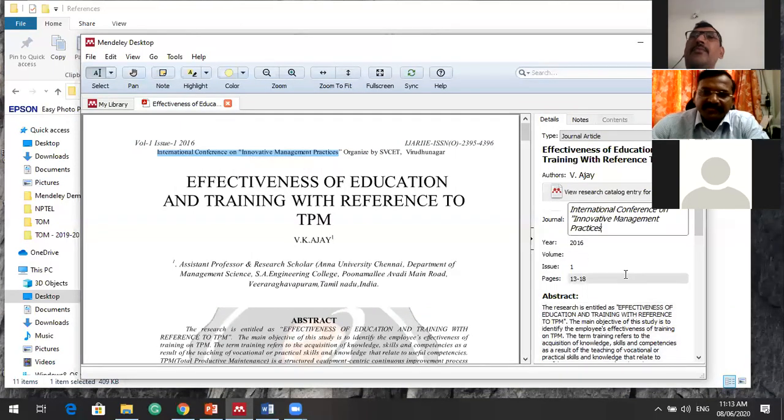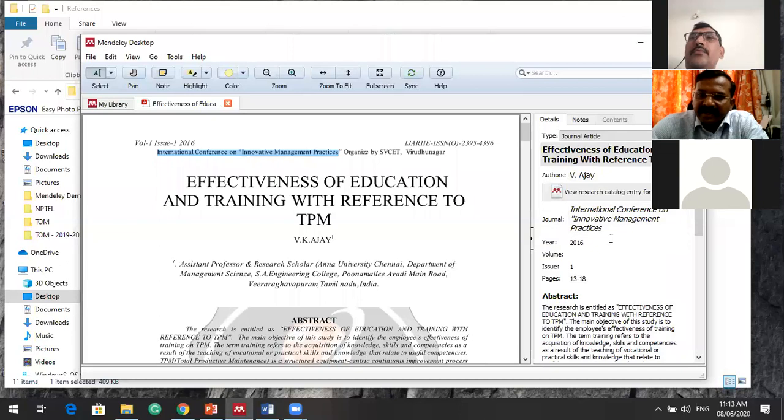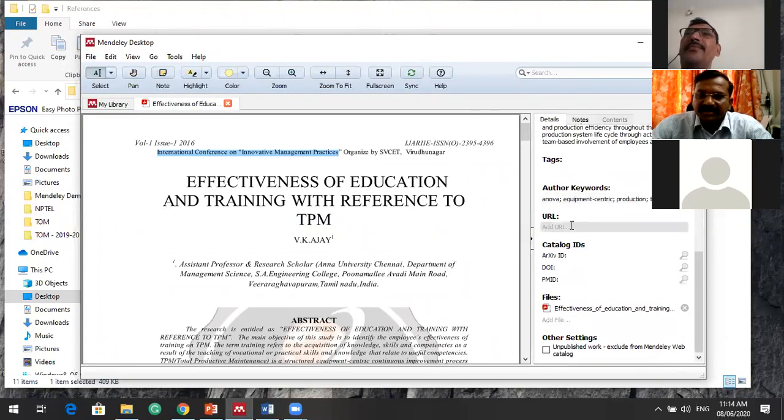and paste it. So if it is not there, if author name is not there, or if the journal name is not there, you can edit it in this particular window: year of publication, volume. So whatever information is there, if it is there, it's okay. Otherwise you can go on adding the information. It shows the abstract, it shows the keywords, if you are taking it from the net, it will show you the URL also.